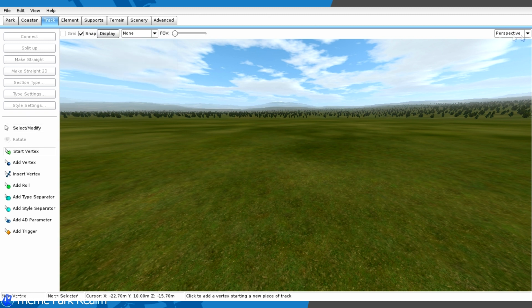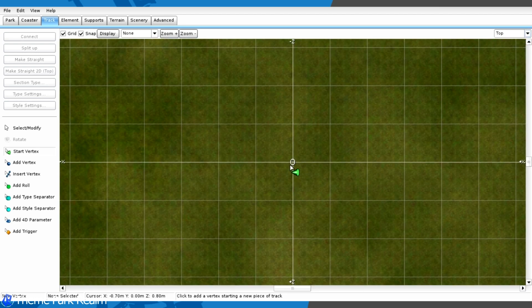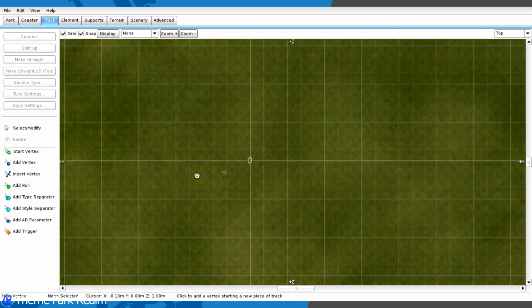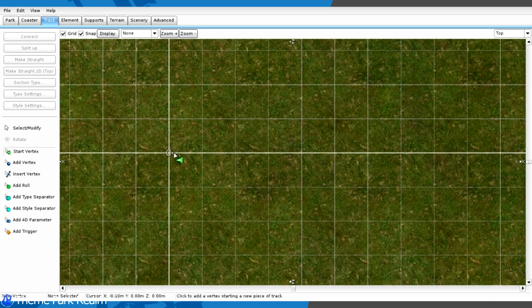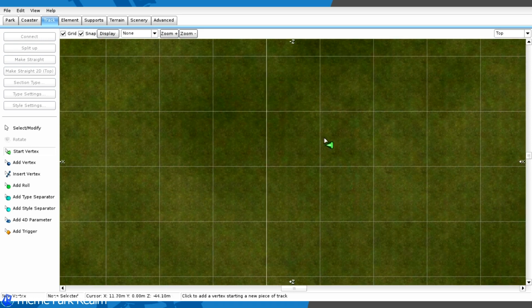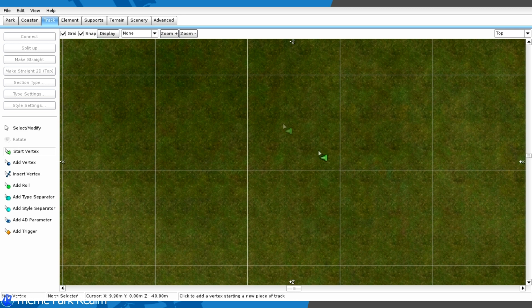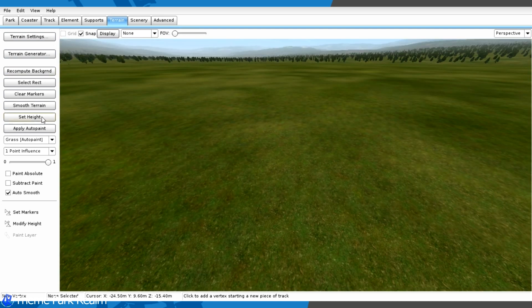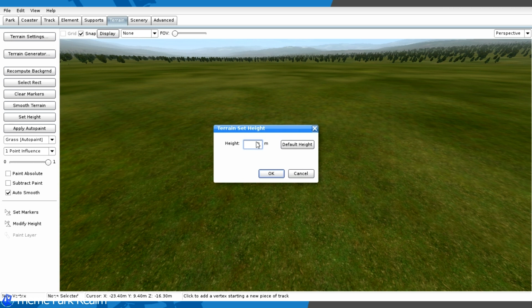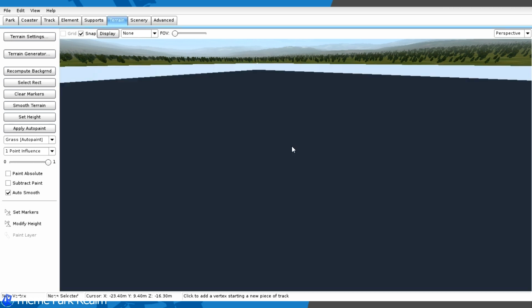Now, for the purpose of this, I'm going to go into display at the top right and just go top, just so we've got a top-down view, and you can see what we're looking at. So we're going to start the ride, I don't know, we'll start it here. Now, what I normally like to do at this stage is just go into terrain, and then set the terrain height as well. So I'm going to go back into perspective. Now, if you go to set height here, and then set whole terrain height, and then just make it higher,